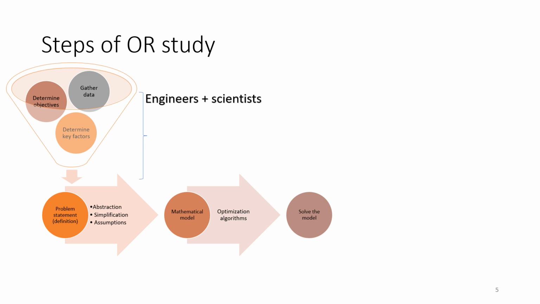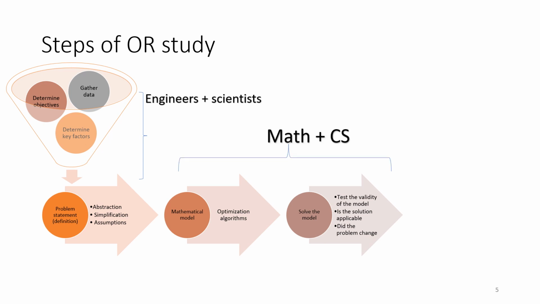So after using the optimization algorithms, we generate a solution for the model. After we generate the solution, we test the validity of the model. Does the model actually reflect the real life problem that we want to tackle? Is the solution applicable? Did the problem change